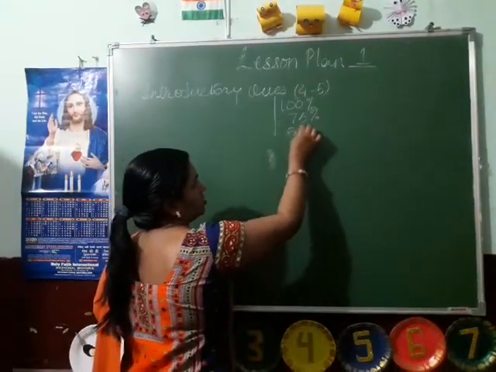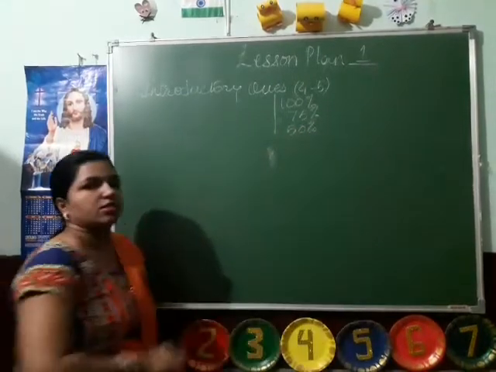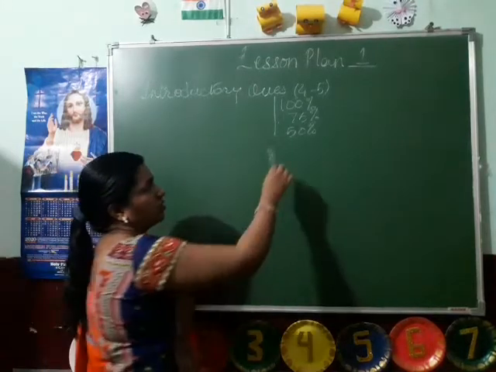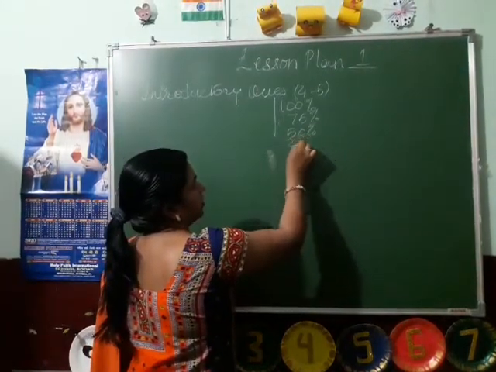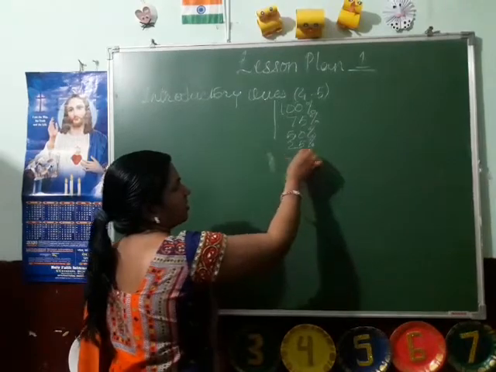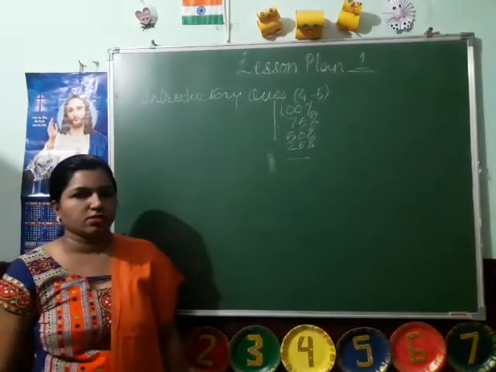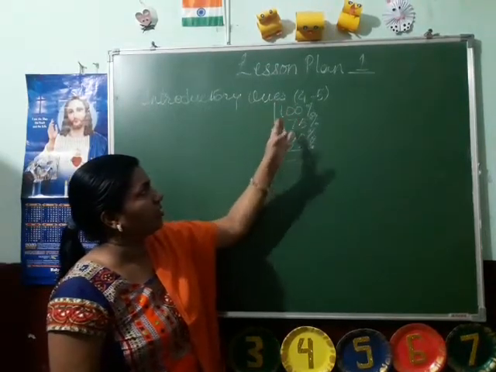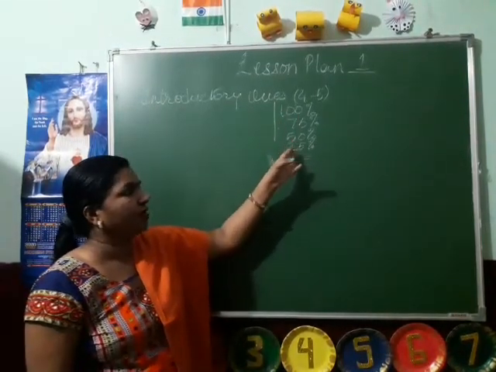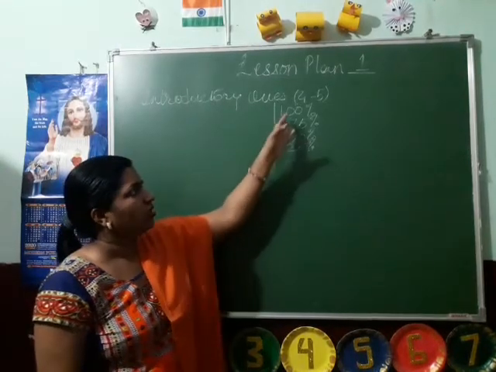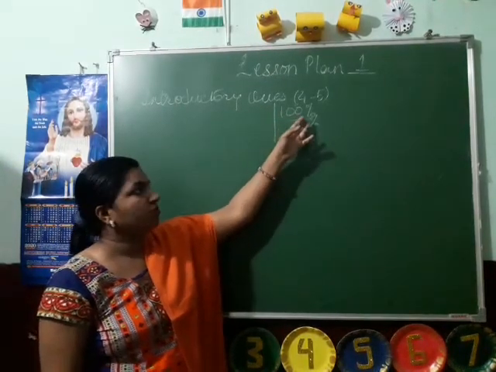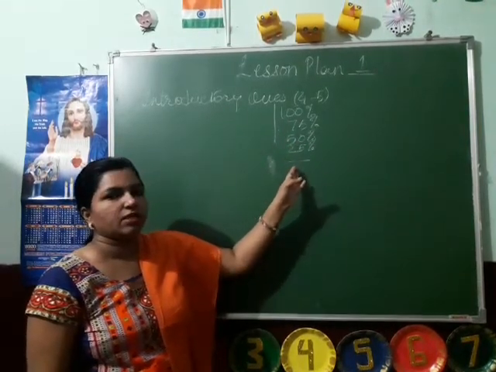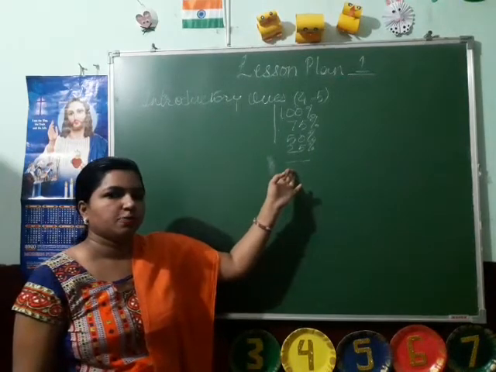Next, the question should be answered by only 50% of the class. Then 25% of the class, and then the last question will be unanswered. Here the difficulty level can be increased from 100 directly to 50 if you want to have only 4 questions. So the first question will be answered by 100% of the class, the second only 50%, then only 25%, and then the last question will be unanswered.